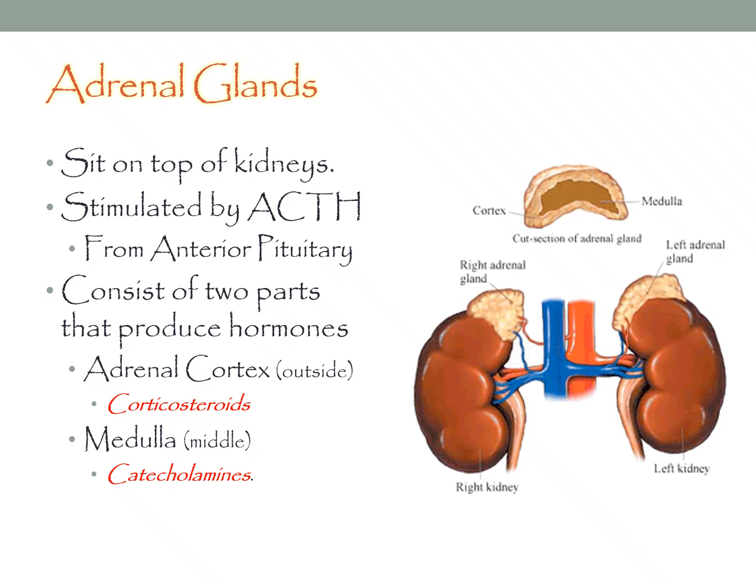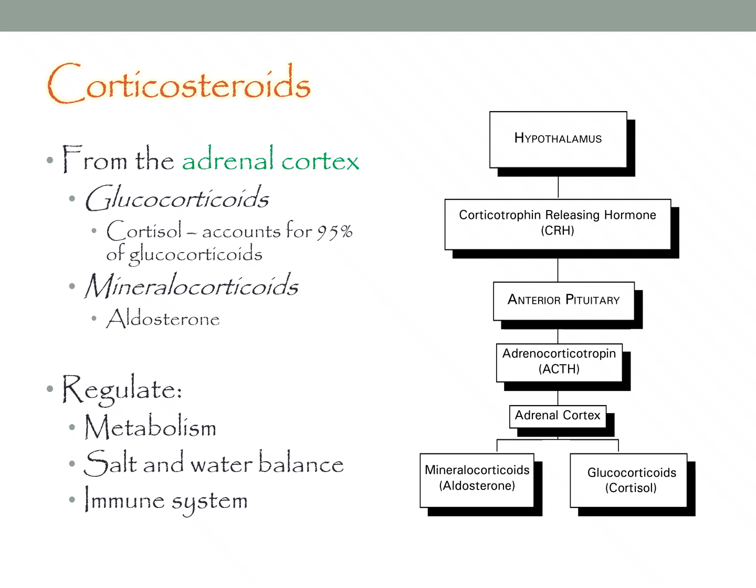But this one's kind of easy. Just like thyroid stimulating hormone, the word thyroid is in the name. Here, adrenocorticotropic hormone, right? Adreno for adrenal, corticotropic for corticosteroids. There are two hormones secreted by the adrenal cortex, two corticosteroids. Cortico, meaning they come from the cortex, steroids, meaning they're steroidal. So the two corticosteroids are cortisol and aldosterone. Broken down further, aldosterone is considered a mineralocorticoid and cortisol is considered a glucocorticoid. However, they are both